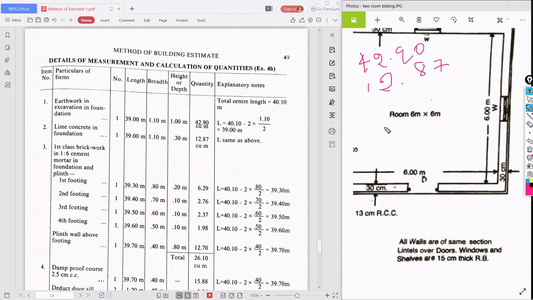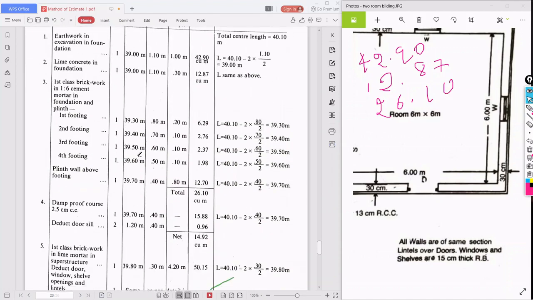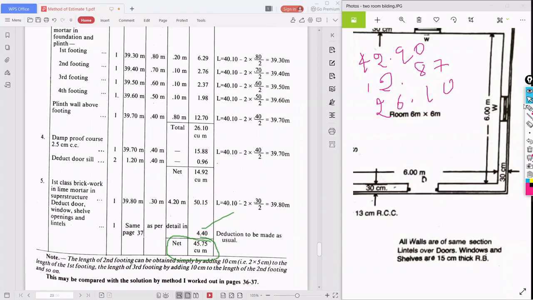Next, first class brickwork is 26.10. What about DPC? DPC is 14.92. And first class brickwork in superstructure is 45.75. This one is square meters and all the others are cubic meters, right?